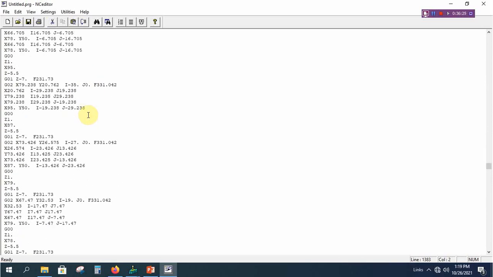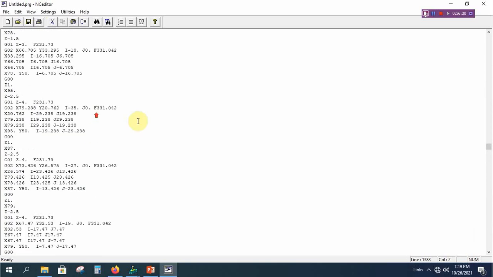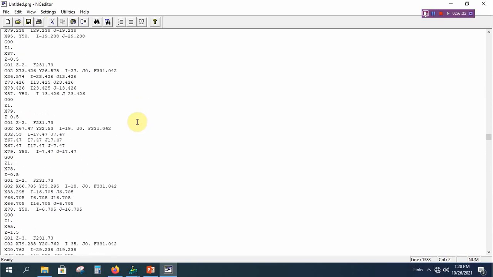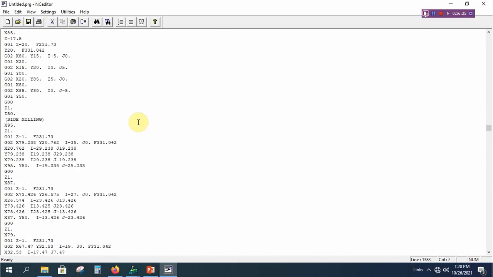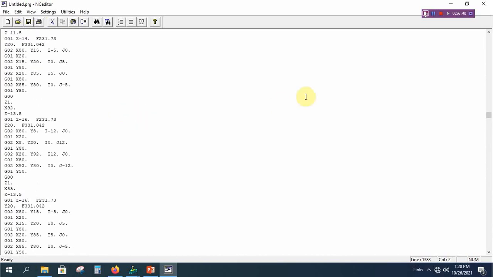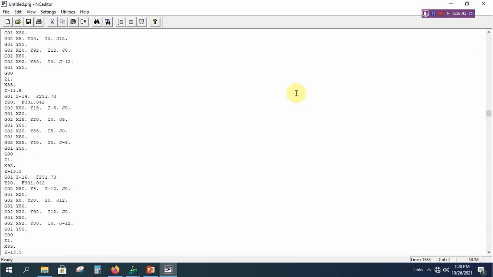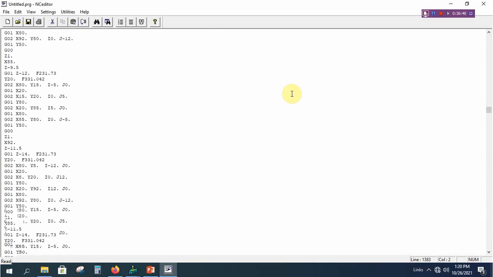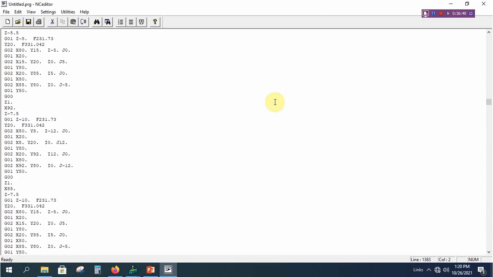This is the way to create the profile. This is the way to select the tool paths. This is the way to do simulation. This is the way to get the codings. Okay, you just take one or two different profiles, practice, so we will be familiar with the CapsMill software. Okay, the same codings we can input in the machine, we will get the profile. Okay. You just go through this video, get practice. Okay.